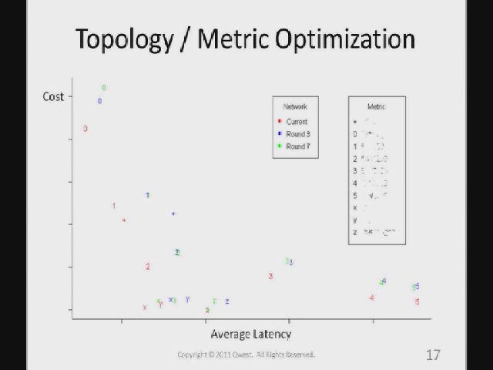And the chart here that you're looking at, the y-axis is cost, and the x-axis is average latency. So as you go up, you get more expensive, and as you go to the right, your network becomes slower. Average latency increases. And what we found is what you'd expect. There's a set of schemes that produce very fast networks, but they're also very expensive. Those are on the top left, and then on the bottom right, we have a group of networks that are cost efficient, but they're extremely slow.